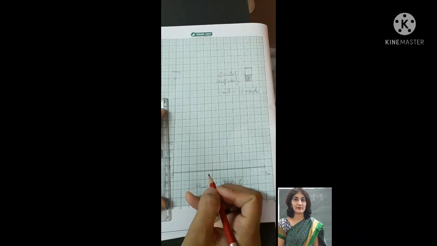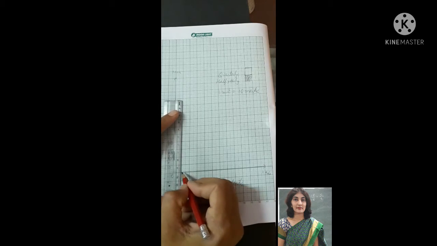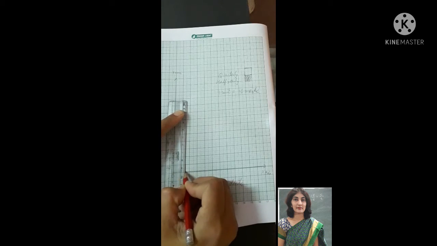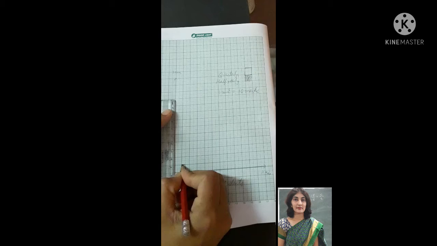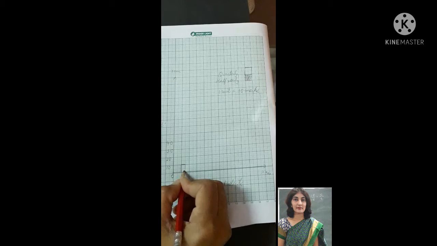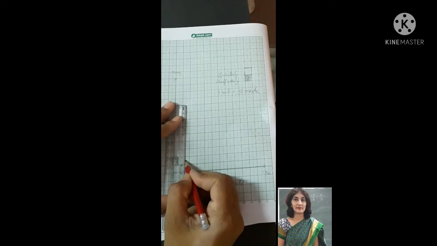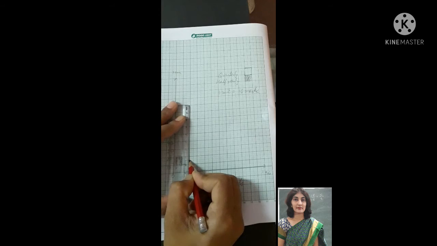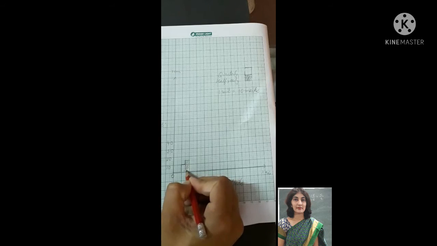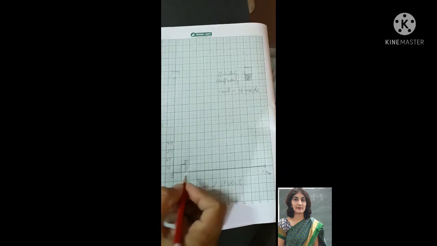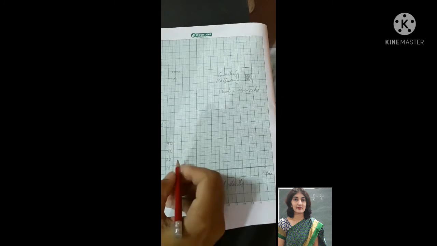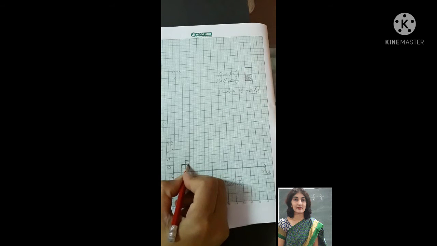Now the first child is Ashish. Ashish scored 10 in quarterly. Now this graph for 10, I will draw the bar. I will divide 1 unit into half of boxes like this. This is 10 for quarterly, and for half yearly the same child has scored 15. So I can take till here this as 15. And I have taken half yearly shaded, so I will shade here for half yearly. This is for which child? This is for Ashish. So here you will write Ashish. Ashish scored 10 in quarterly and 15 in half yearly.